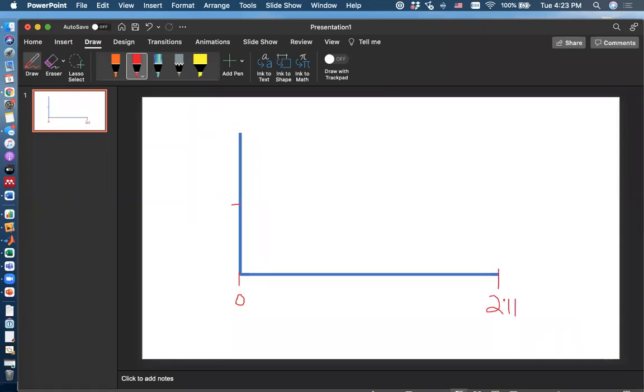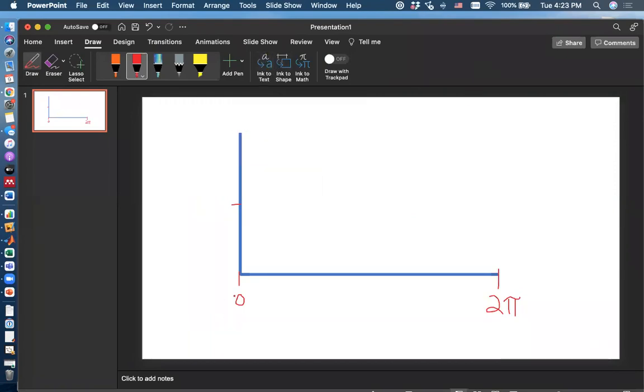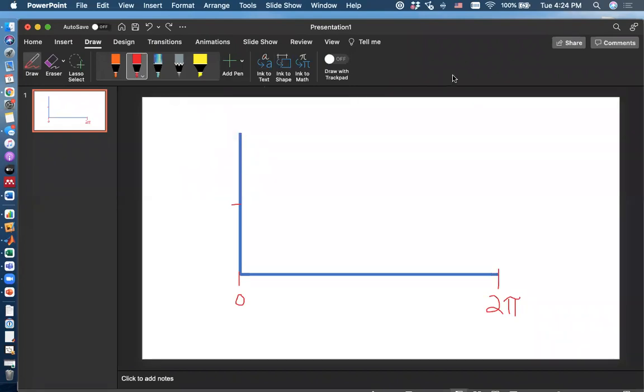I'll have to forgive my handwriting here. It's even worse than normal. I have to try that another time. Okay, so